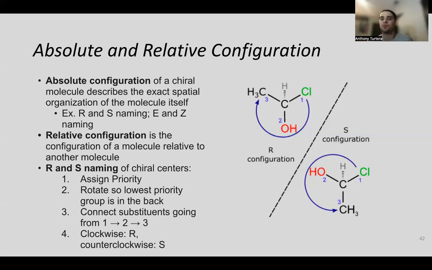For example, here we see that this has the highest priority because it has the highest atomic number compared to the other substituents. If we had two Cls, for example, we would have to keep going down the line to see which one will have the highest